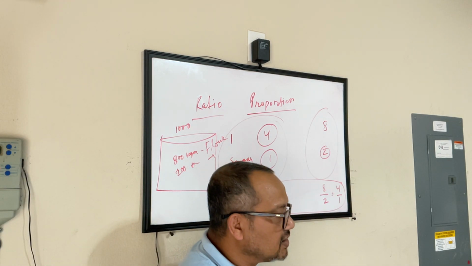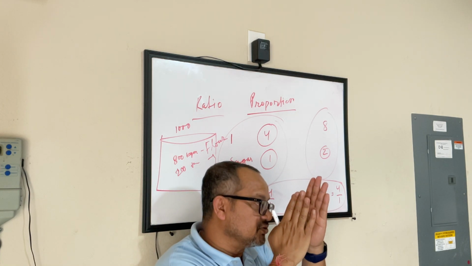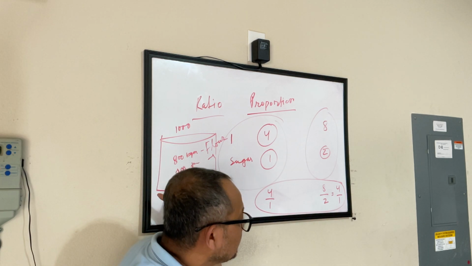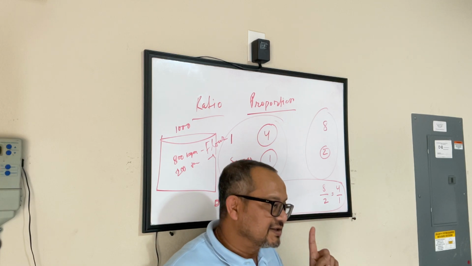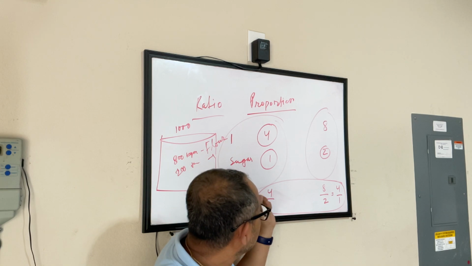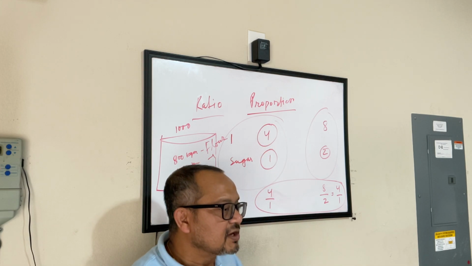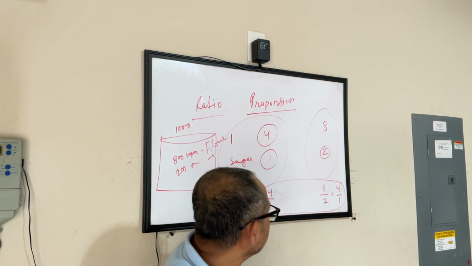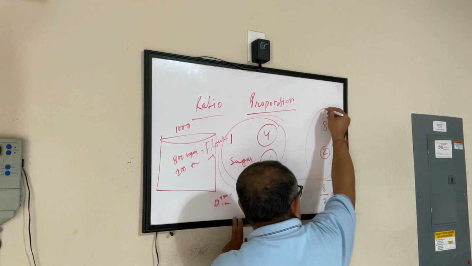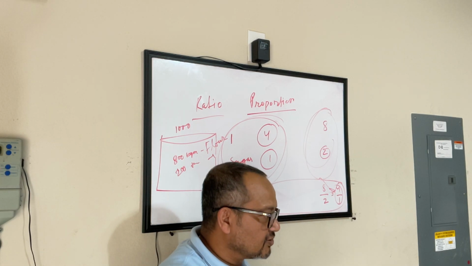So proportion is nothing but, again, another way of comparing numbers where you have a predefined ratio that doesn't change. Depending on how big or small the quantity you are dealing with, your ratio will remain the same throughout. I'll just be honest with you guys, I was always thinking, why do we have to worry about proportion when we know ratio? So proportion is an extension of ratio, where you say, okay, I have defined my ratio, and every proportion that I talk about will ensure the same ratio.